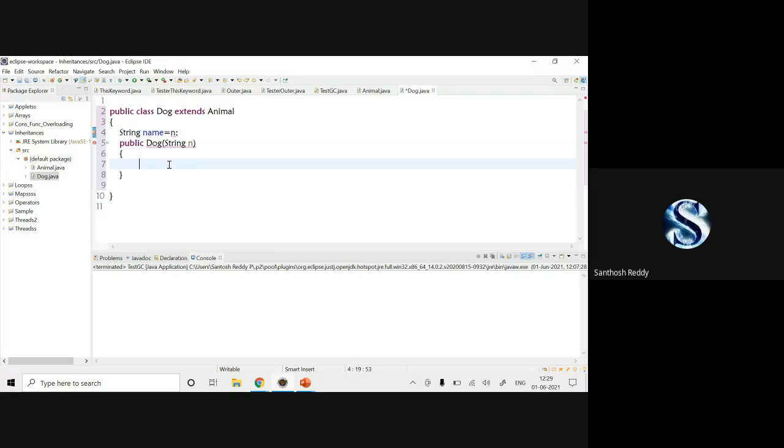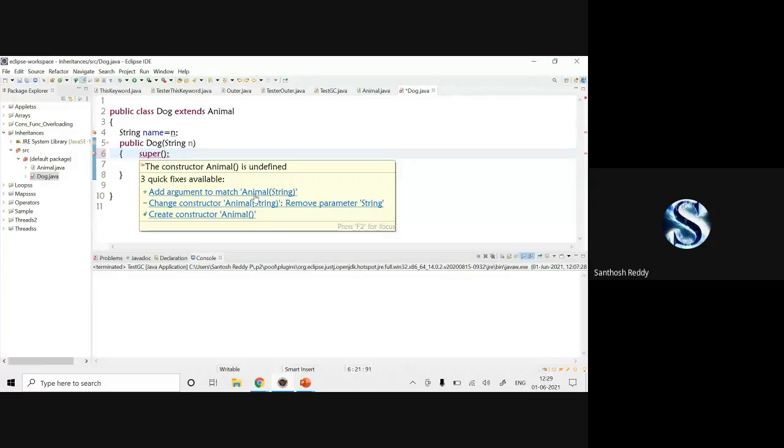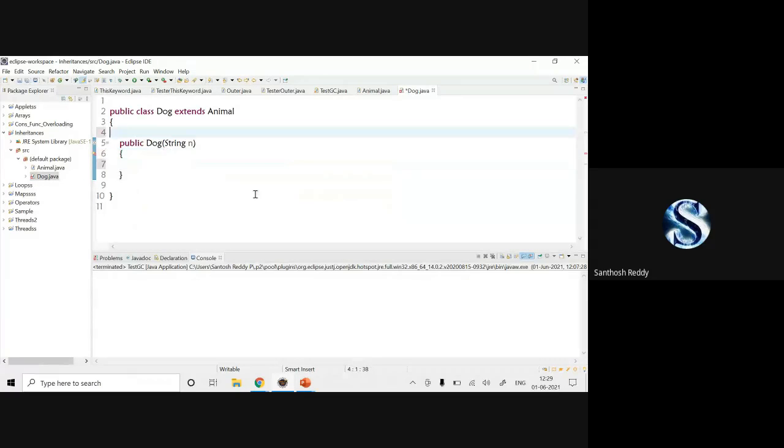Here I'll specify name is equal to n. That's it. What happened? Implicit super constructor error. Okay, just leave it, I'll explain later.